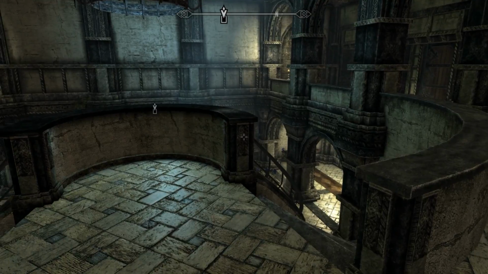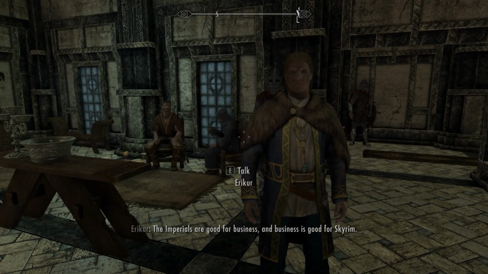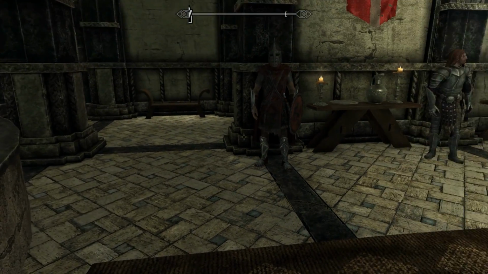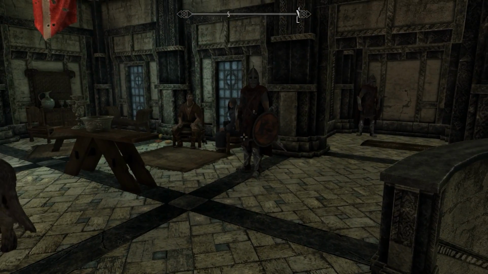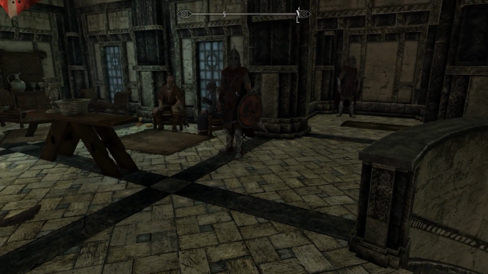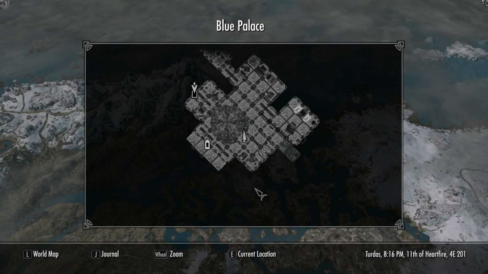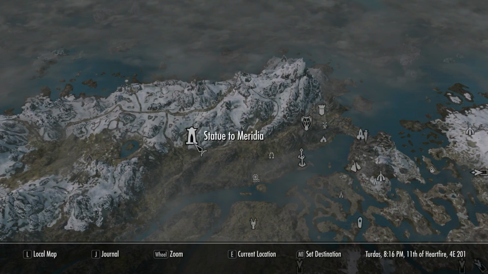I think there is an enchanting table up here, but it's in her room. Good for Skyrim. Oh, is that right? As long as you get the money. But there is an enchanting table in Meridia's temple. I suppose we could go there and check things out when we go and find out where Wolf Skull Cave is. There's Pine Moon. There's Wolf Skull there, and there's Meridia's. Okay, we can